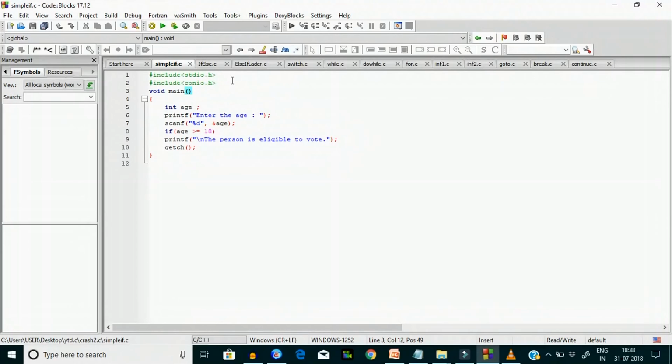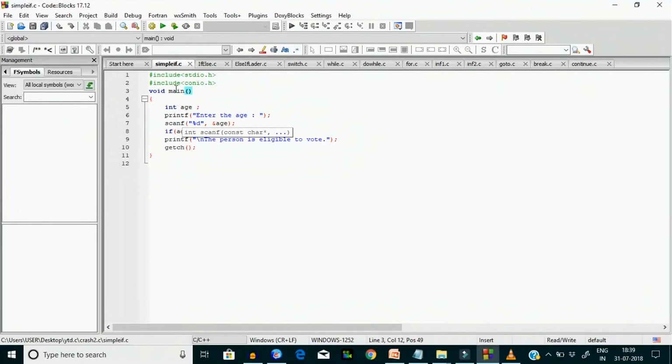These two are header files. As you know, #include <stdio.h> stands for standard input and output. Generally, header files tell the compiler to include some library files which we will use in our program. Next is conio.h, which is used for holding the screen, like the getch function. Next is the main function. All of you know the main function is an essential part of any C program, and any C program starts execution